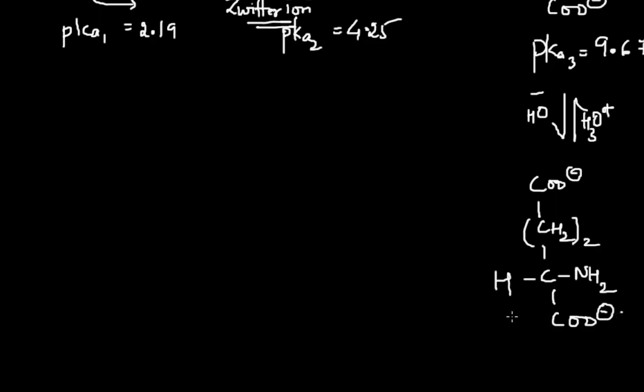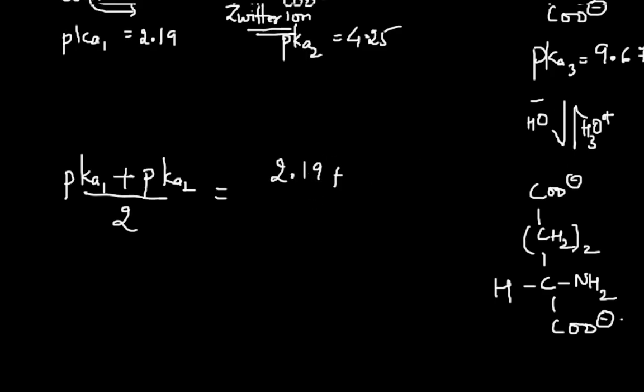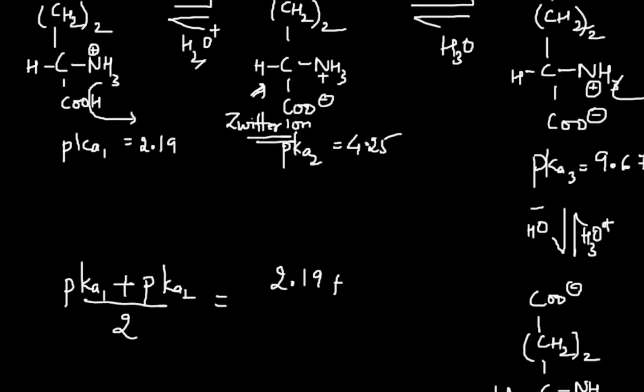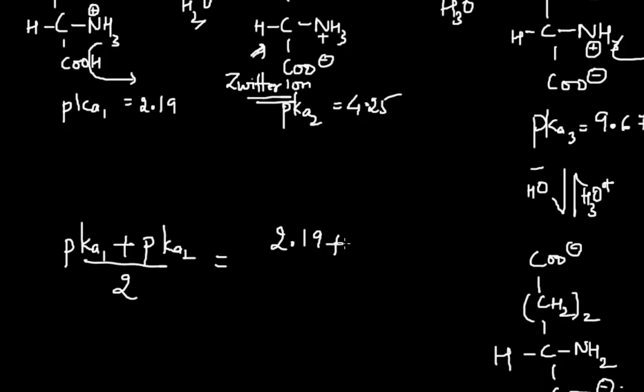So this is your dianion form. Therefore, the isoelectric point is pKa1 plus pKa2 divided by 2, that is 2.19 plus 4.25, divided by 2. You should take the corresponding pKa's of the zwitterionic form and the previous form; the average of those two pKa's will be your isoelectric point. That is 3.22. Okay. So now